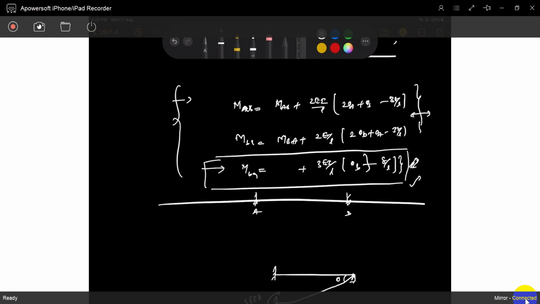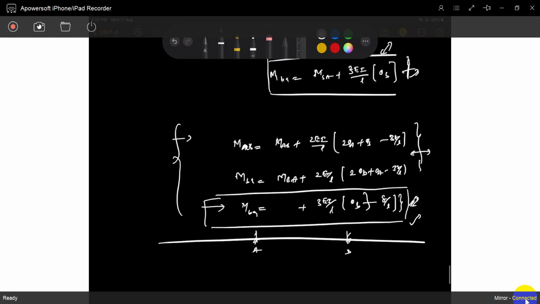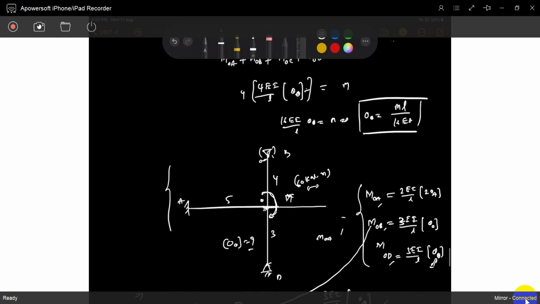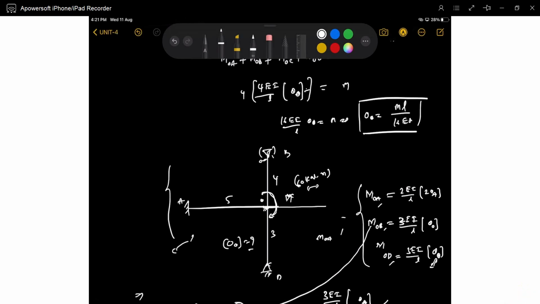Okay, so that's it. That's the end of slope deflection. You can solve not only this but so many objective questions by using slope deflection equations. You can find the rotations of every point. That's the end of today's story. You can ask any doubts, otherwise